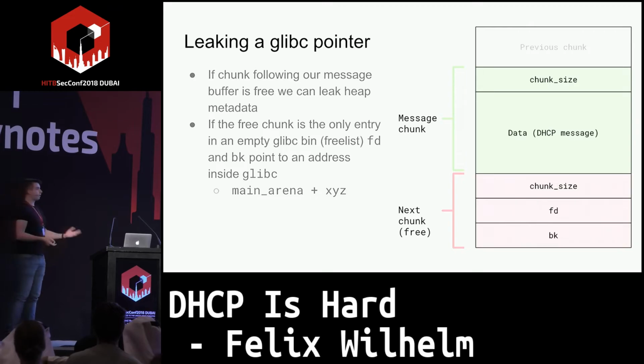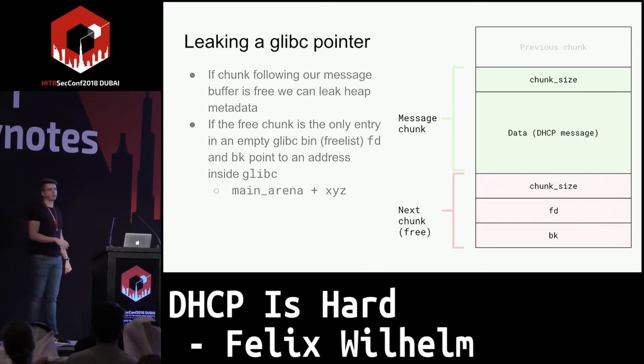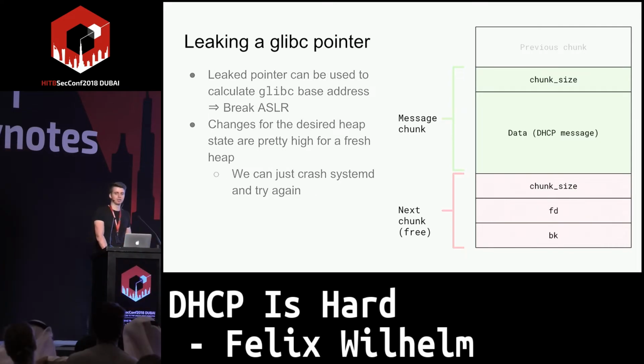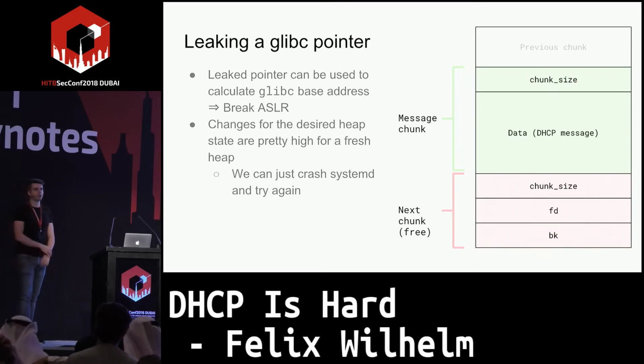And in many cases, in a freshly started process, this forward and backward pointer will actually point to an address inside glibc, into a data structure inside glibc called main arena, at some offset of it. So if we have this pointer to main arena plus the offset, we can easily calculate the base address of glibc. If you have the base address of glibc, ASLR is broken for most practical attacks. So we have